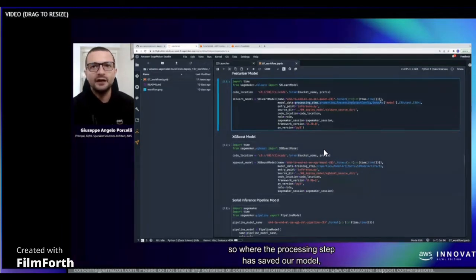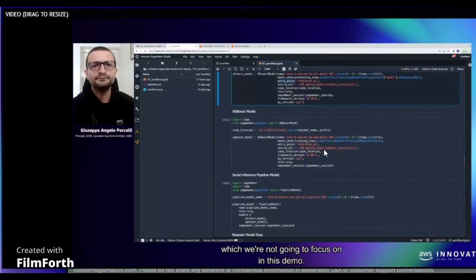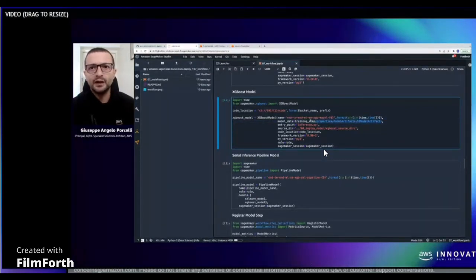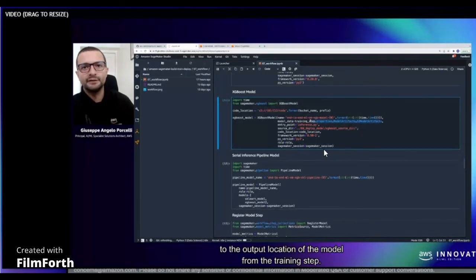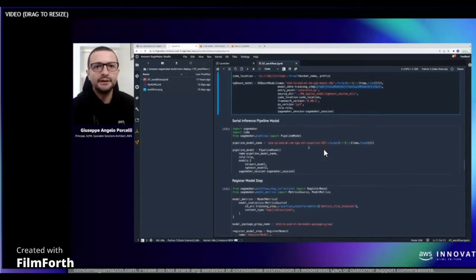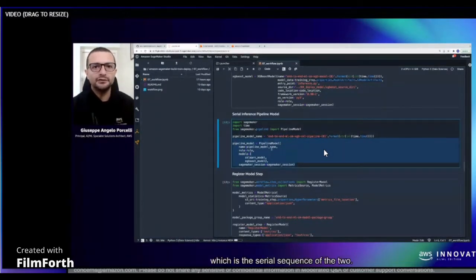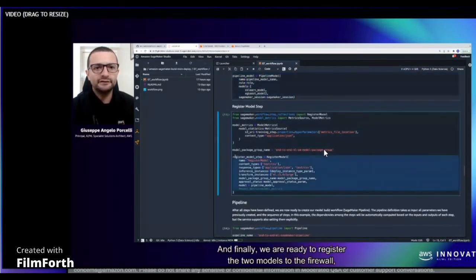step has saved our model, plus a few other parameters to customize the inference logic, which we're not going to focus on in this demo. And the XGBoost model similarly defined, where the model data is set to the outputs of the training step, so to the output location of the model from the training step. Then we combine the two models in the so-called pipeline model, which is the serial sequence of the two. And finally, we are ready to register the two models